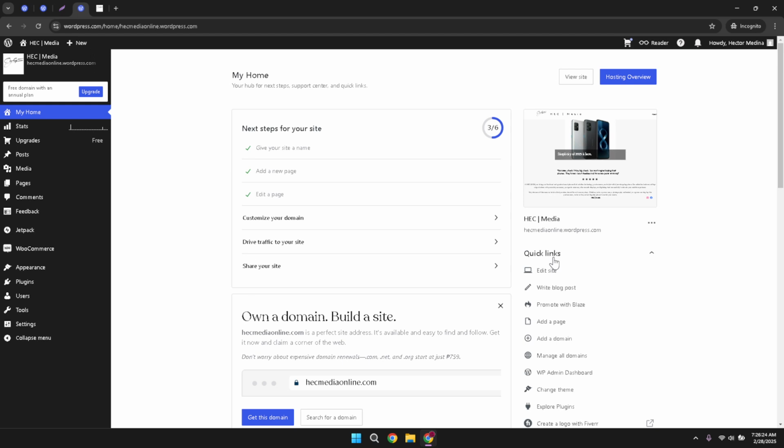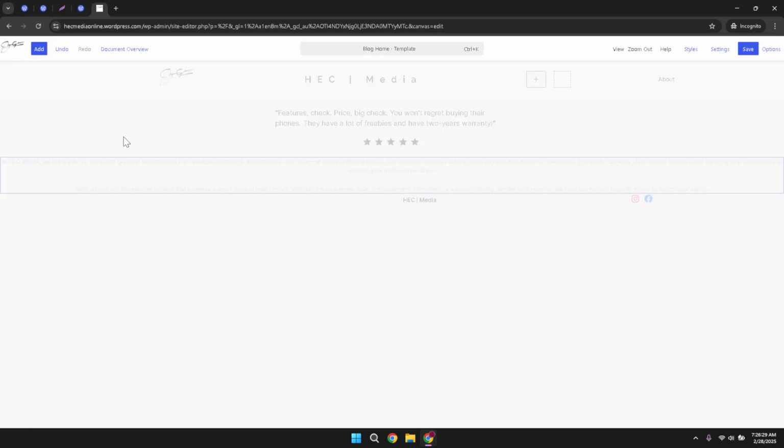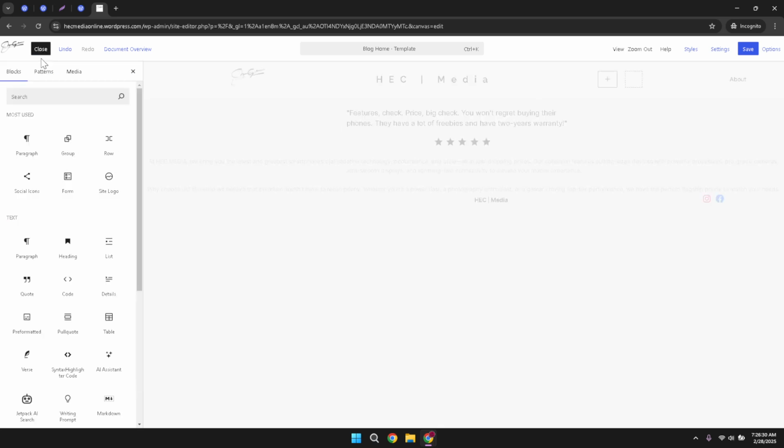Add button. This feature is super handy because it allows you to add various elements or blocks anywhere on your site. Go ahead and click that, then a search bar will appear. In this search bar, type in the word subscribe. This is going to sift through all the various block options WordPress offers, narrowing it down to exactly what you